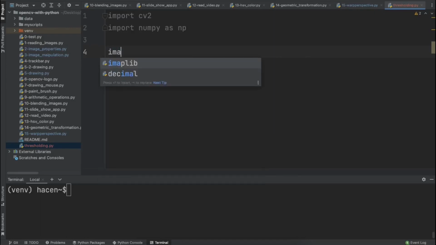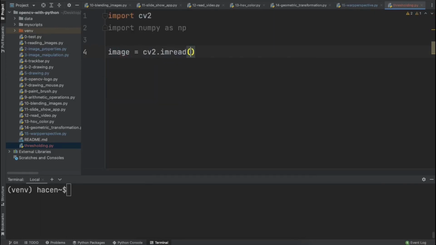Then I will read an image with cv2.imread. I will read an image in the data folder. I call it gradient.png. You will find it in this data folder. So this image should be a grayscale image. For that I can use cvtColor to convert the color, or I can put here 0 and it will be loaded as a